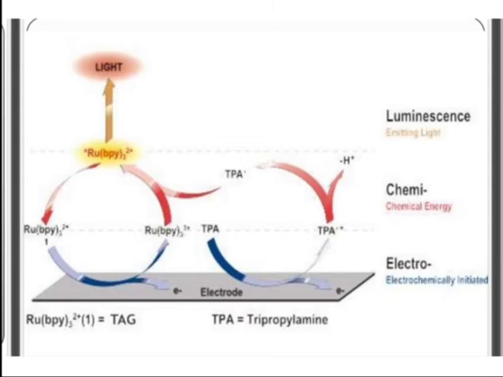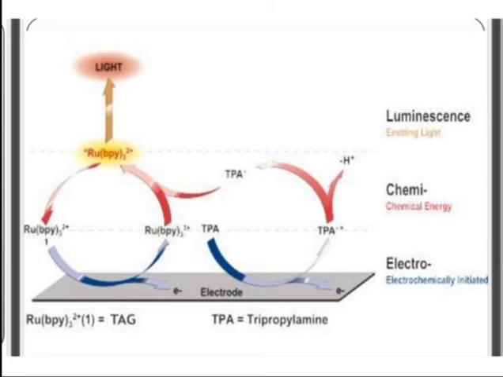Again, the same reaction is written here on this slide. Means simply here is the TPA, and from this TPA there is a TPA plus formation, as one electron is lost. Then this is a further reaction, here is the TPA plus, and the reaction starts here. Then TPA and the ruthenium complex formation occurs here, means the redox coupled reaction is this one, and from this reaction there is an emission of light which is called chemiluminescence.